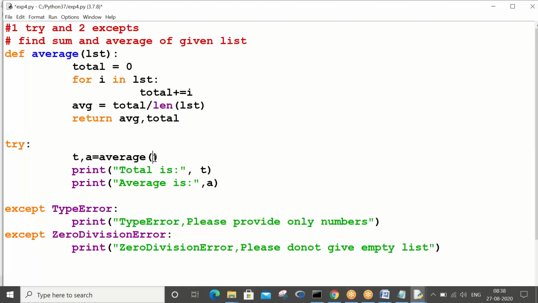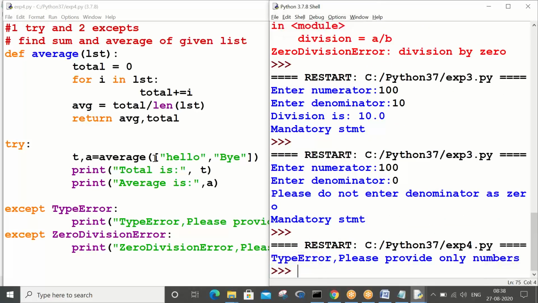Let me give control S. So what is it telling, tell me? TypeError, please provide only numbers. Why is it saying this, tell me?